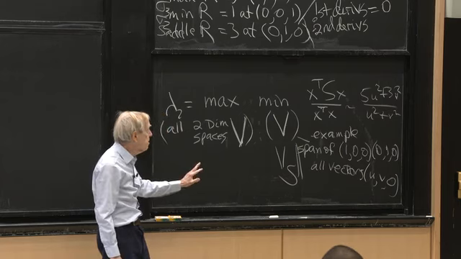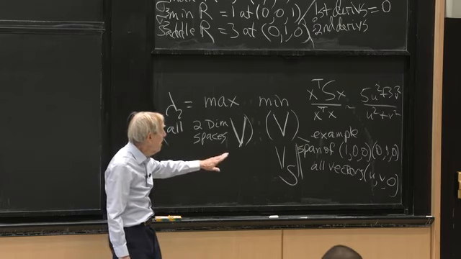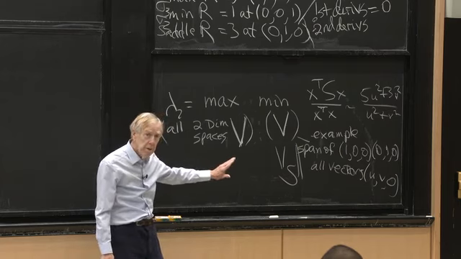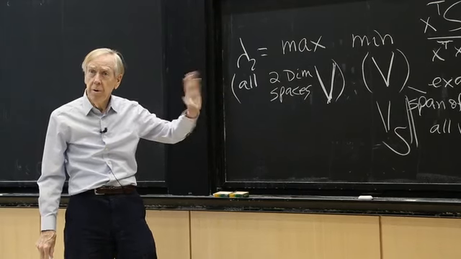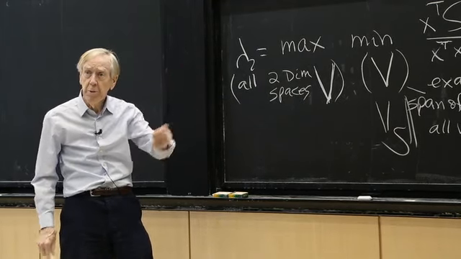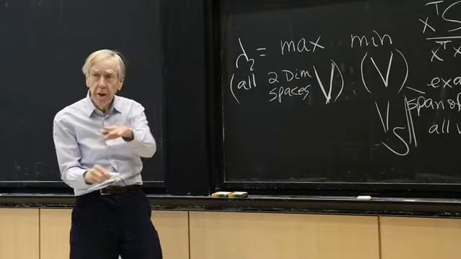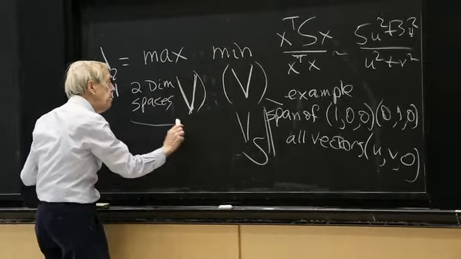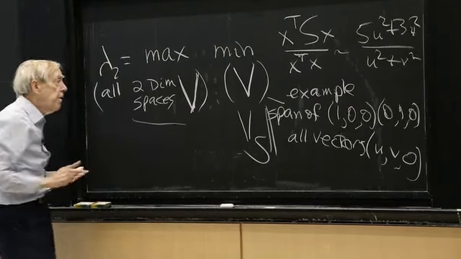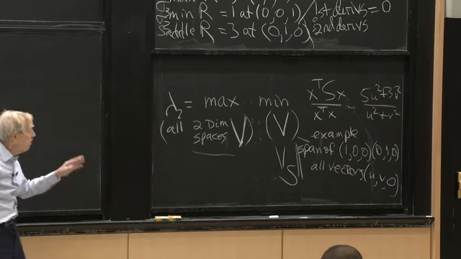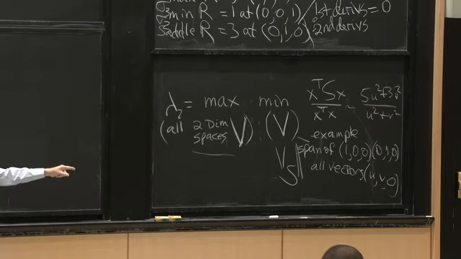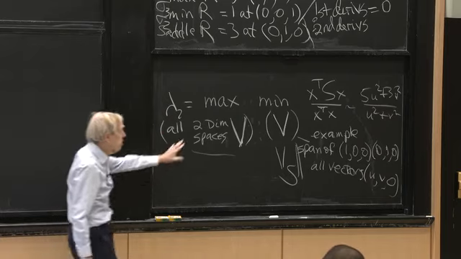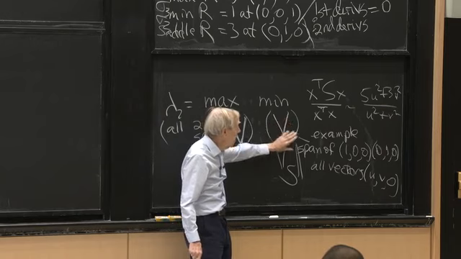For that particular space, the minimum is 3. Correct? Everybody sees that, because I just have u and v to play with, the 5 and the 3. So if I put everything into v, I get the 3. And now I take the maximum. So I've learned that the maximum is at least 3, because this particular choice of v gave me